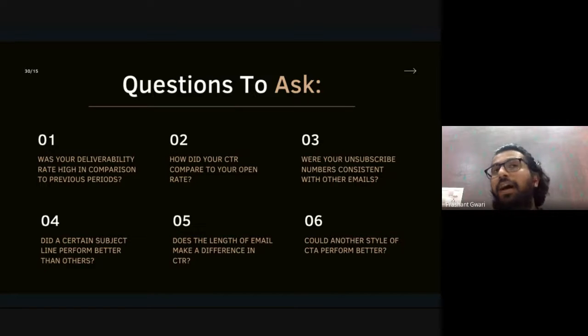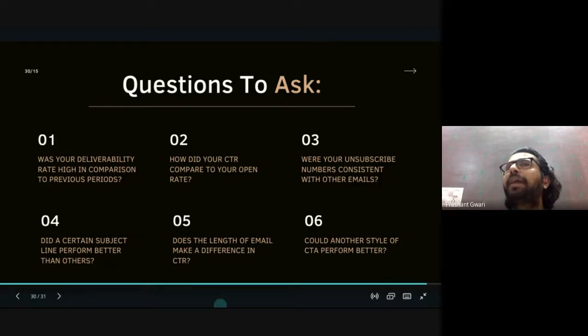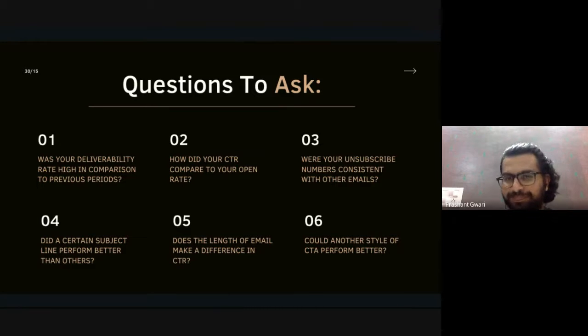In digital marketing there was a study a few years back where they noticed that a CTA button with red, green or blue color performed much better compared to yellow or off-white. So you can also check this when you are sending different email marketing campaigns. So this is all about email marketing campaign strategy and email marketing campaign analytics.